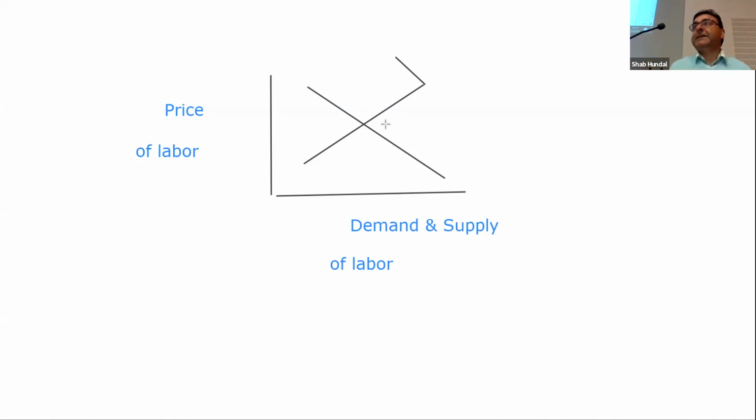Makes sense? And especially to the labor, because labor is not silent like a machine or capital. Labor is also a human being, and labor thinks, labor has a behavior also. If I talk about demand and supply of machinery, this curve would always be upwards. But for labor, we make a diversion, which basically means that